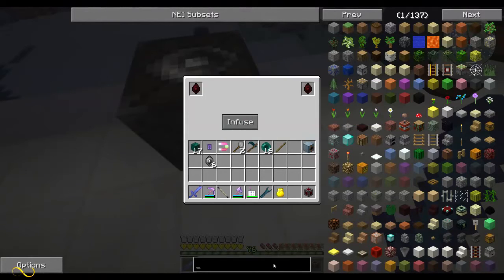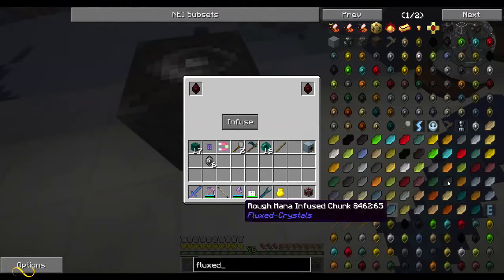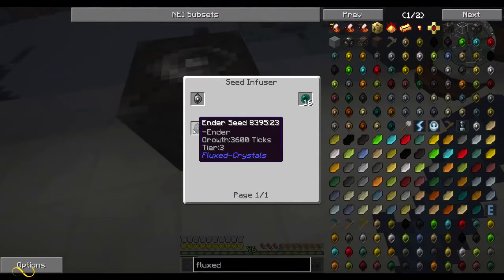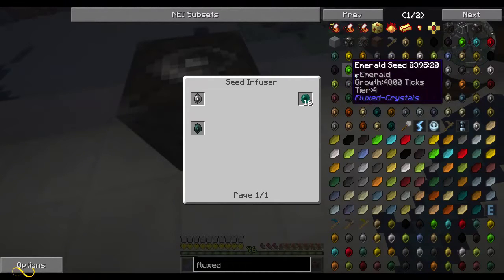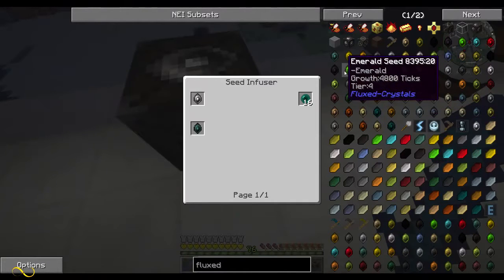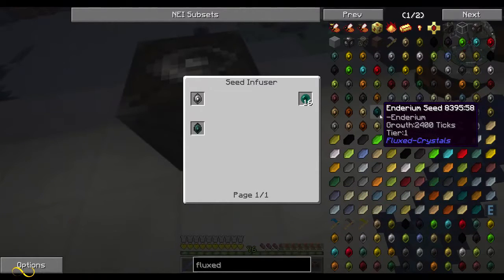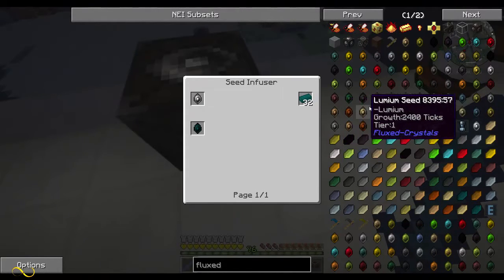In fact, if we looked up fluxed crystals... I wonder if there is. So you can actually make like enderium. Where is it? There's a couple different ender seeds for some reason. Oh, those are tier 3. You can make enderium. Here it goes. So it's probably down here. Yeah, there you go. Enderium seeds by using enderium ingots. So I'm wondering...